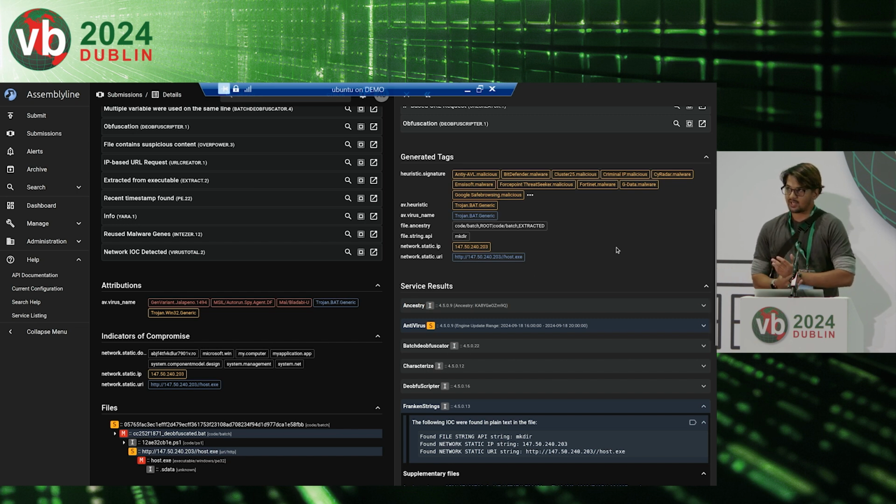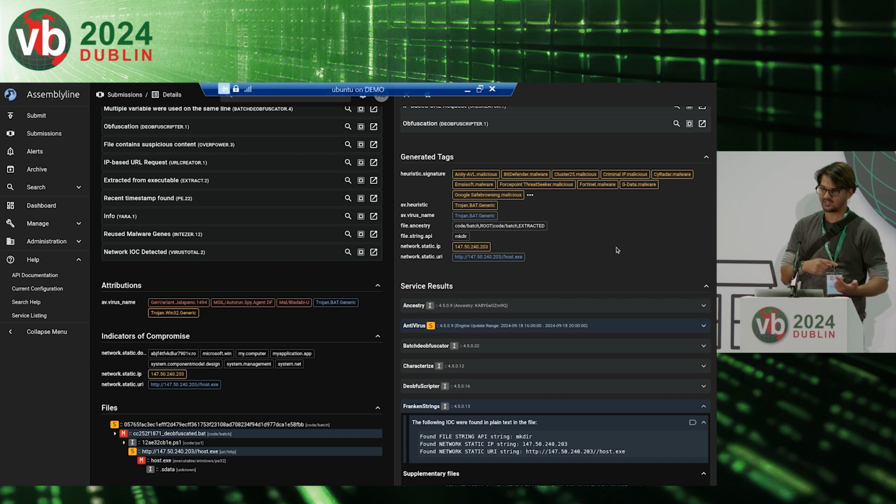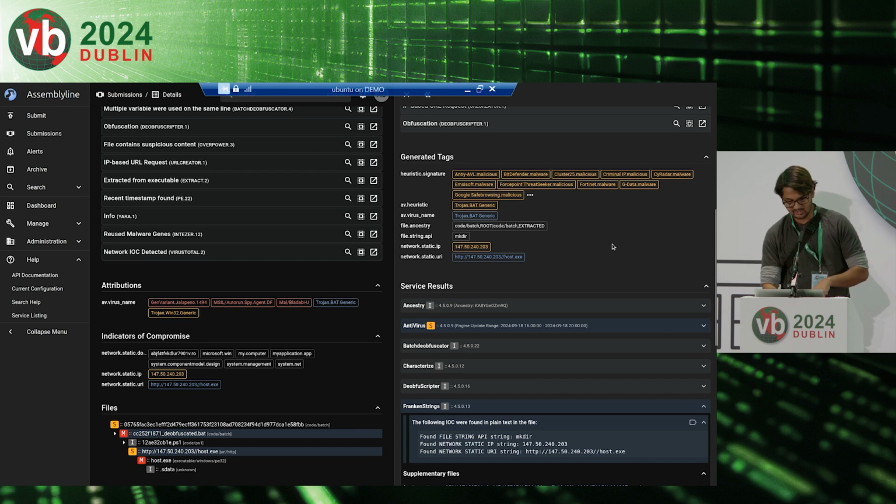So Assemblyline has means of tasking the system to then go out and fetch URLs. Some of the tasking is based on results from previous services to say, well, if this URI is deemed malicious or even very well suspicious, maybe we should go out and fetch that URL. In this particular case,